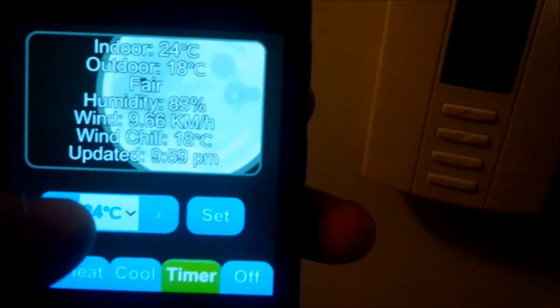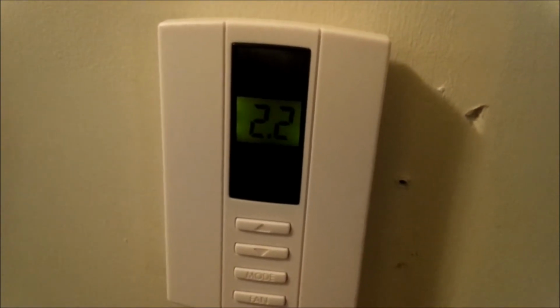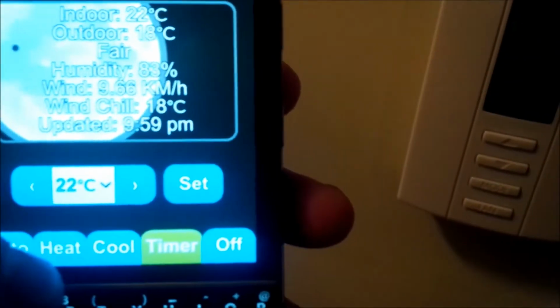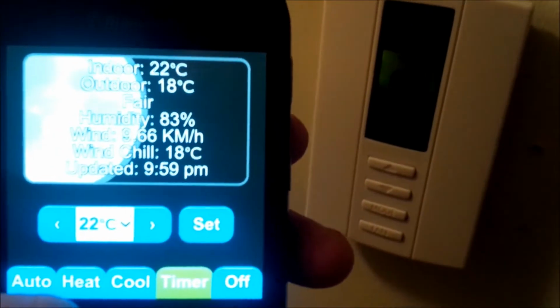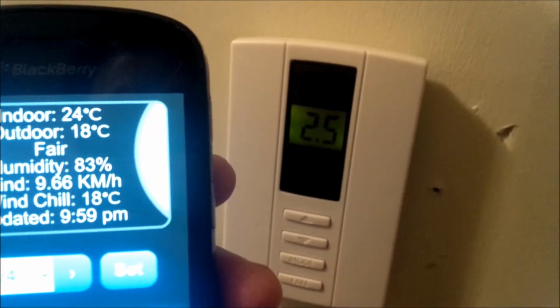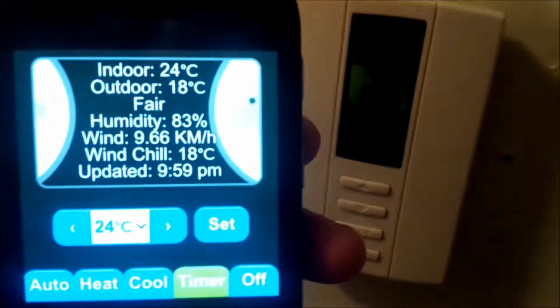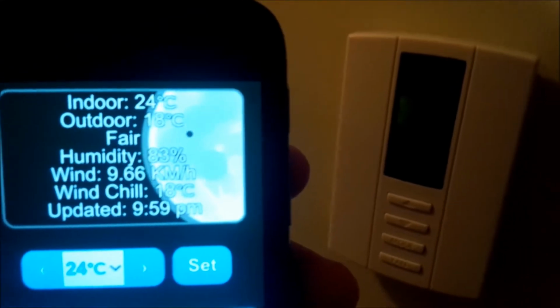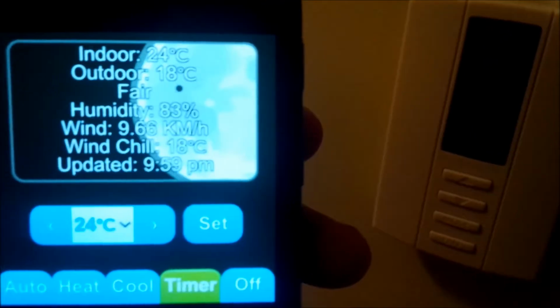So if I wake this up and, I don't know, I'll change the temperature and hit set. You can see it reflected there immediately. I can switch between AC, heat. Right now I'd have it on timer, which I'm not going to bother to explain. But yeah, you can see it's pretty responsive, and it grabs the weather forecast from Yahoo's weather API because it's free